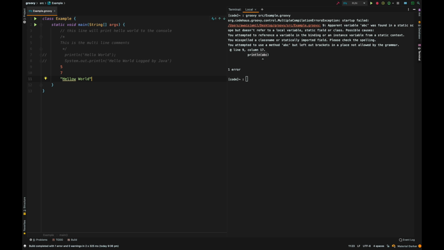So the Groovy language has notations for integers, floating point numbers, characters, and strings. Here's an example of an integer. We can do .5, that becomes a float, and we have this string literal, and then we can also have a character like single quote C character. So you can define these literals. In the next video, let's talk about data types.